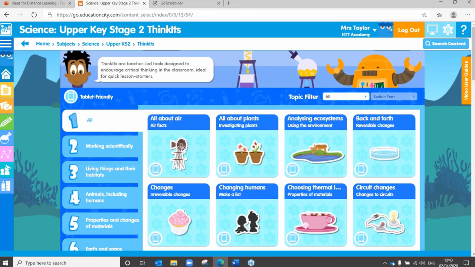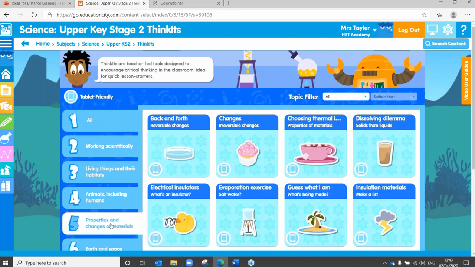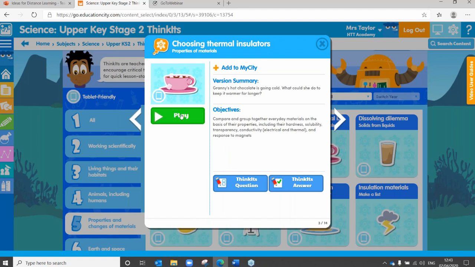The reason why I love Think It is they're really good at securing knowledge and getting children to explain and justify their reasoning based upon what they've learnt. Again, we can filter just at the top there. But I'm going to head over into property and change the material. There's a really good Think It here called choosing thermal insulators. So if I just open that one up,